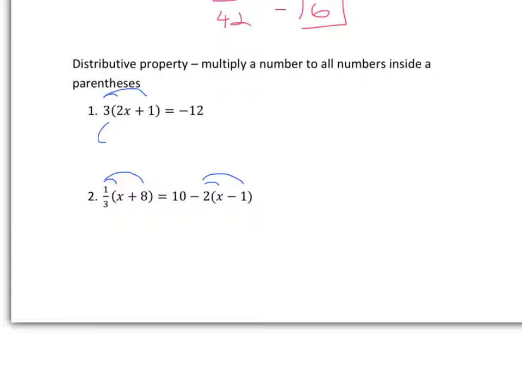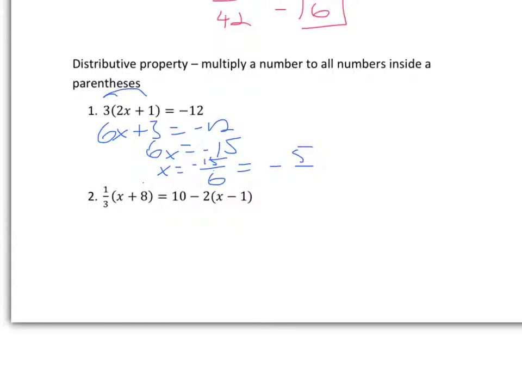We've got 3 times 2x is 6x, plus 3 equals negative 12. You can continue to solve. We'll have 6x equals negative 15, so x equals negative 15 over 6. Now, negative 15 over 6 can be reduced. You can take a 3 out of both, and it'll be 5 over 2. So the answer is negative 5/2. And on the bottom one,